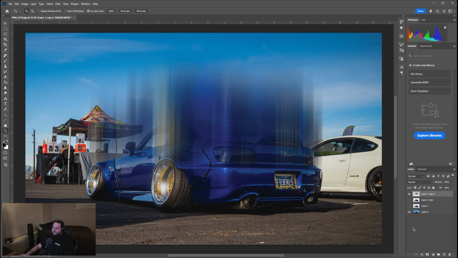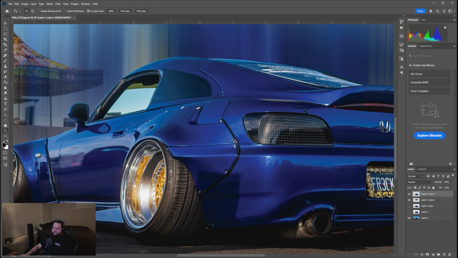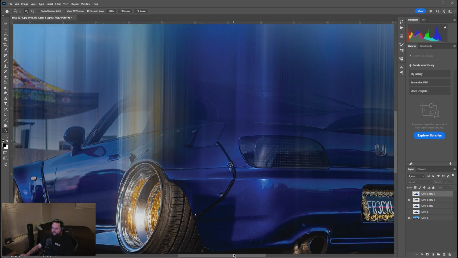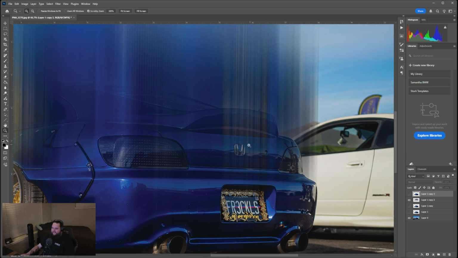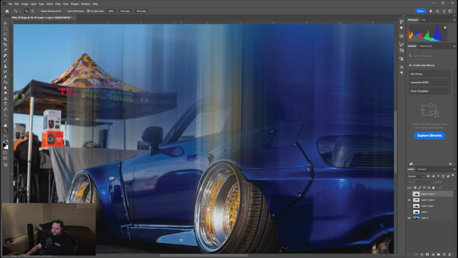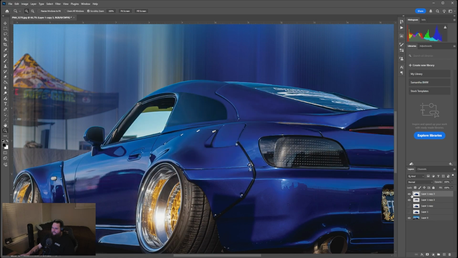And then something you could do on top of this is you can actually go ahead and re-enable one of your base layers. Go ahead and duplicate it and take it and put it on top. And then what you can do is areas, like if you look at the blur, you can see obviously this one has more color in it from the wheel. This one has some gold in it from the license plate. There's some gold up here from the wheel up here as well. So go ahead and do that where you